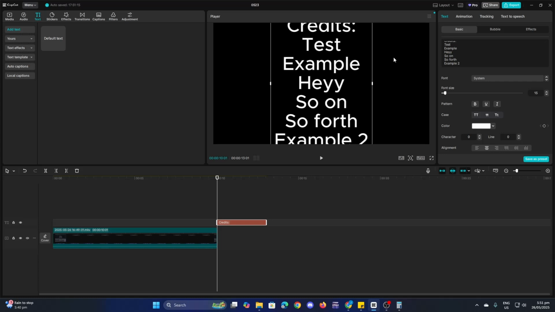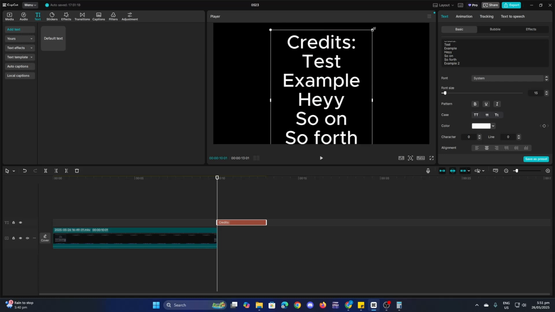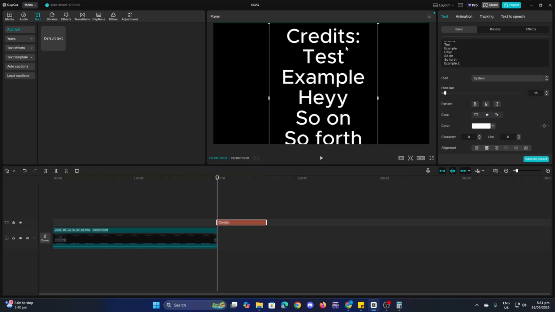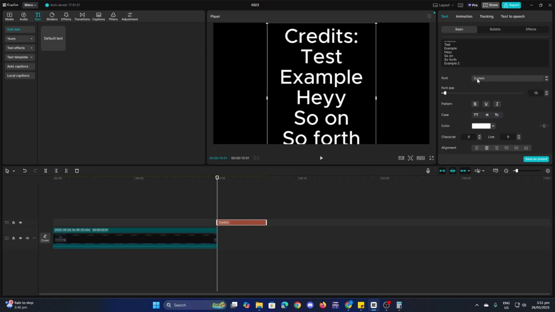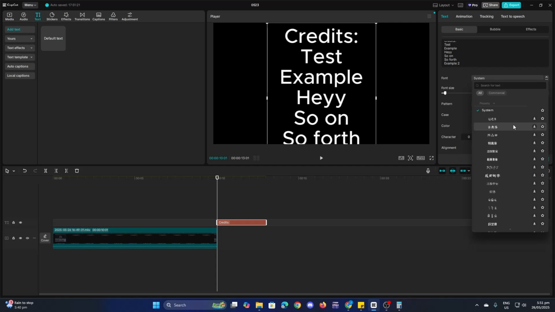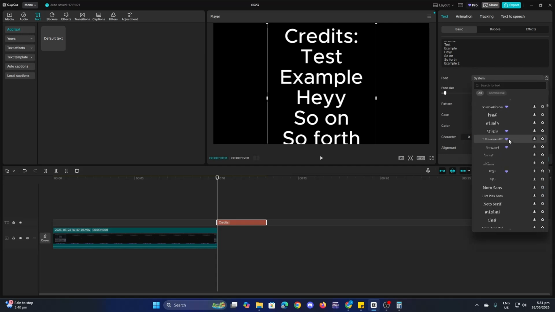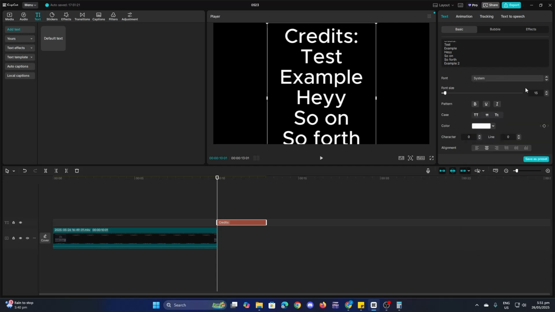Okay, now here let's just make this a little bit bigger. Okay, now next is if you want to change the font, you can just change the fonts here. Just select any of the fonts here, and then from here, if you want it to start sliding up, you